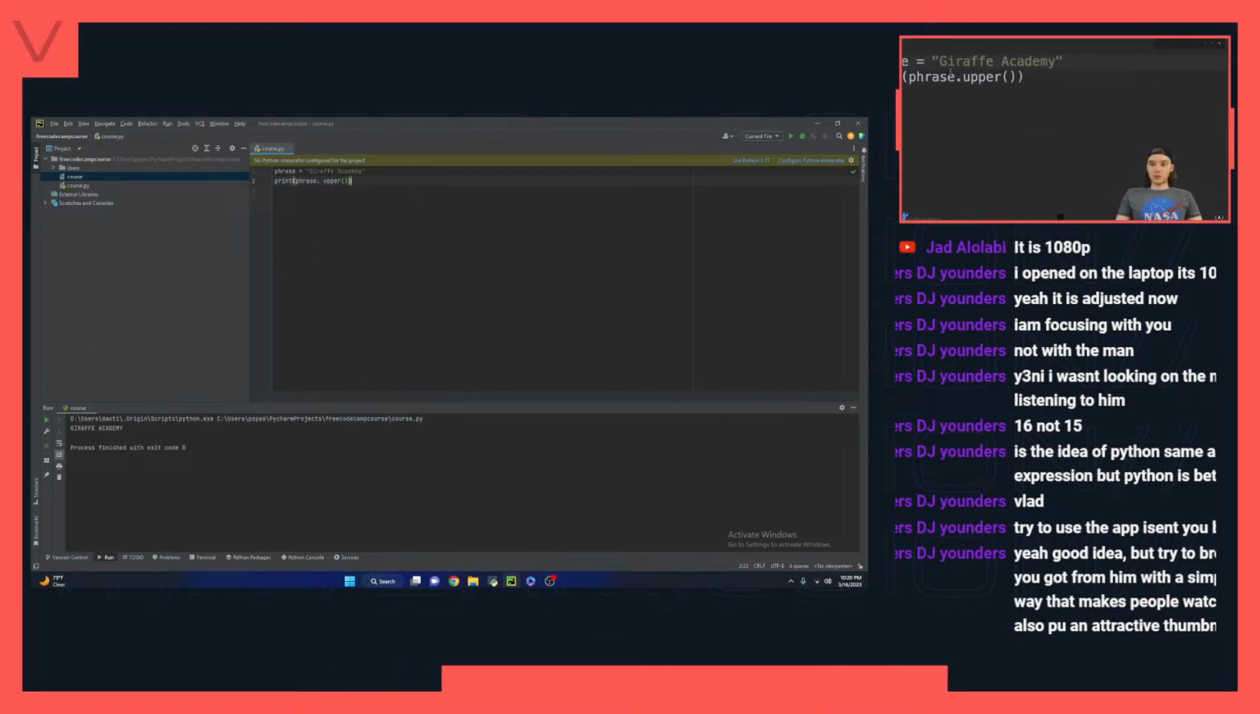So in addition to converting the string into uppercase and lowercase, I could also check to see if it's actually